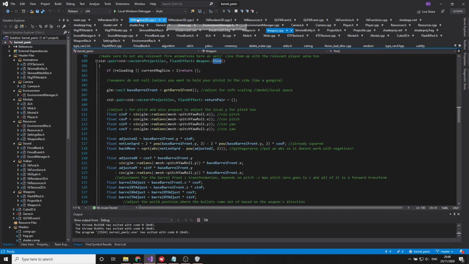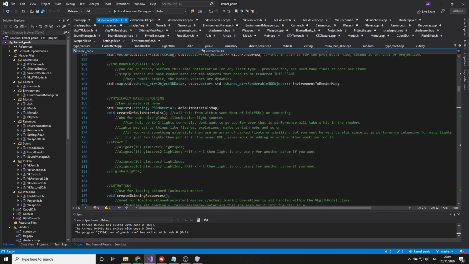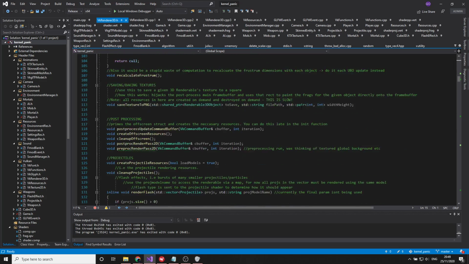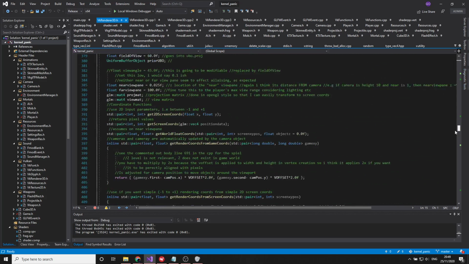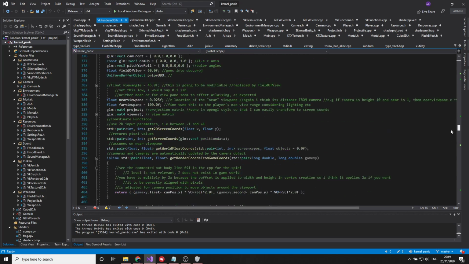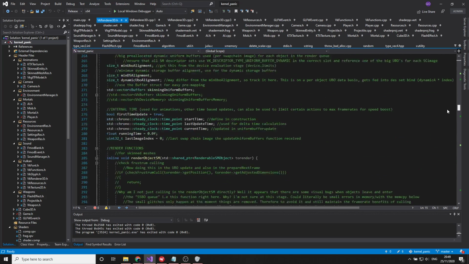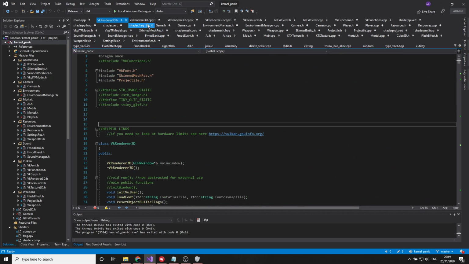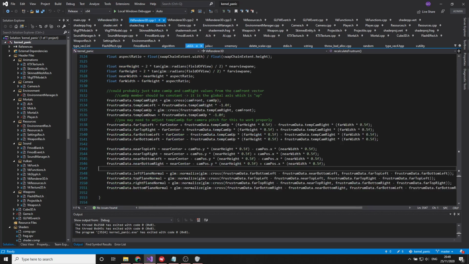Right, let's go over the Vulkan class. The Vulkan renderer class is a bit of a beast. Not a very pretty beast at that. This is the header file. The header file alone is nearly 800 lines of code. I mean, this thing is a bit of a mess. It's in desperate need of a refactor. So yeah, nearly 1,000 lines in the header, and